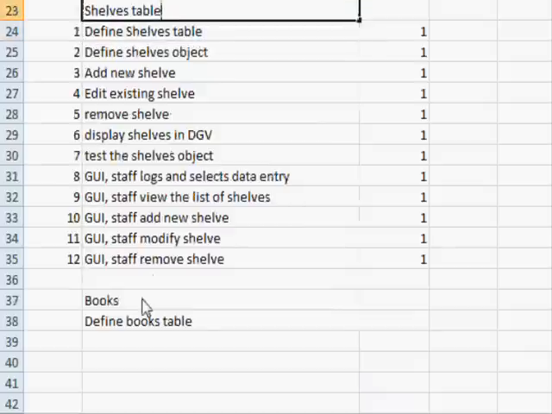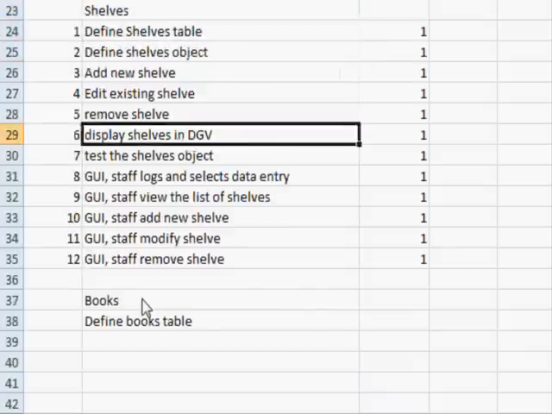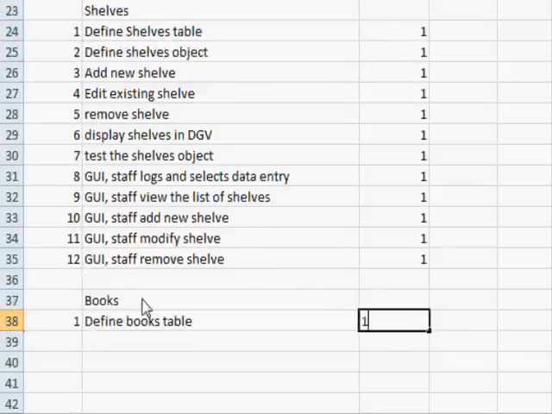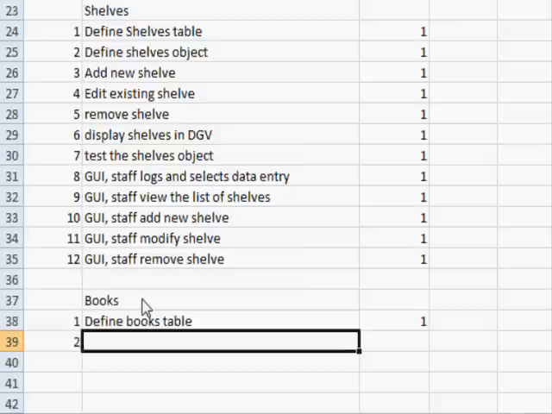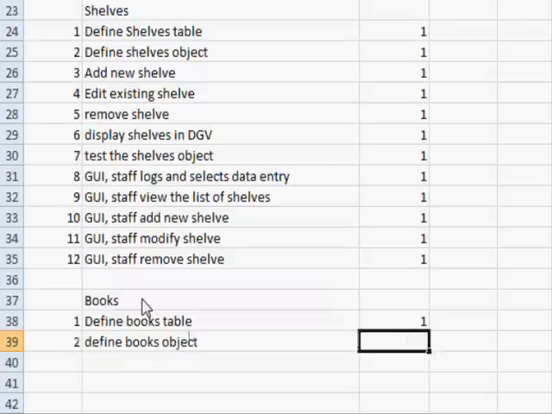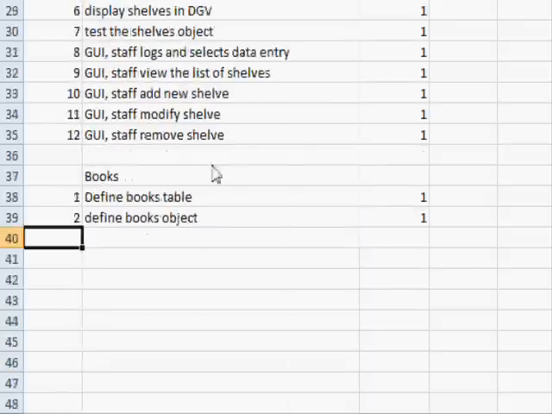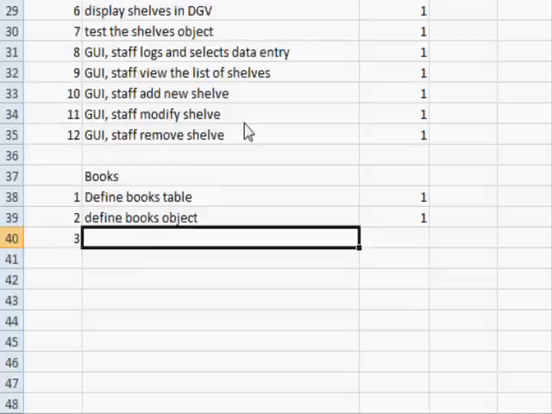Okay, sorry, it's only shelves, sorry. Okay, so define books table. This is going to be 1, 2, define books object. And by the way, this is not a complete definition of the books object, because later on it has other items within it, so we will have to update it. Anyway, 3,